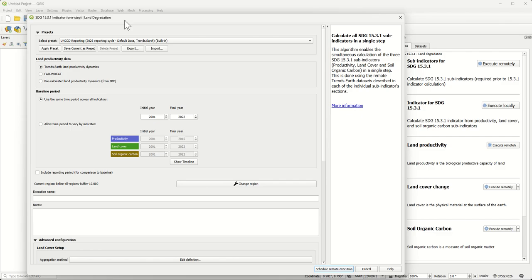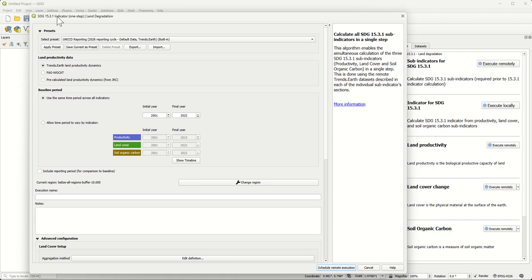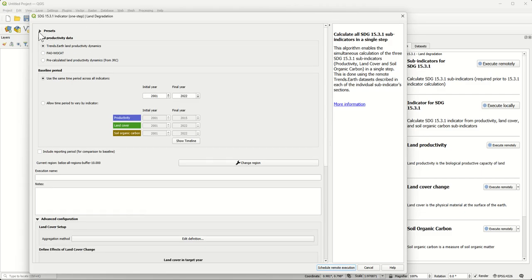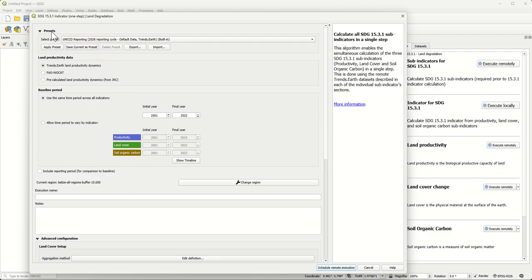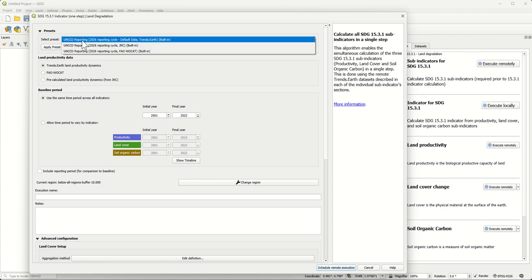And then you're going to see this dialog opening where you're going to see this SDG 15.3 indicator in one step. If by any chance you see this presets collapsed, you just click here, and then you're going to see that we have prepared presets here for applying the time spans for baseline, first reporting period, and second reporting period for the 2026 reporting cycle.